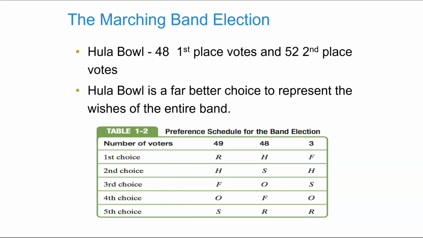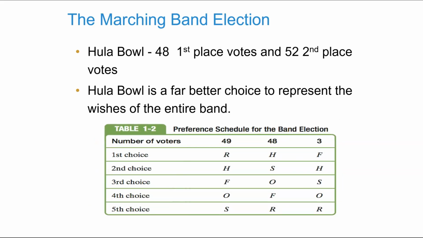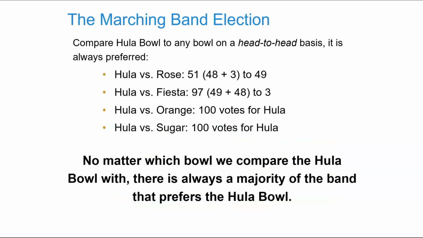So if you look at the Hula Bowl, it has 48 first choice, and then 3 second choice and 49 second choice. So it's actually got 52 second place and 48 first place. So if you look at that, it seems like more people want the Hula Bowl and would be happier with the Hula Bowl. Now, if we were to compare in a head-to-head, so if we were to go back and say, all right,